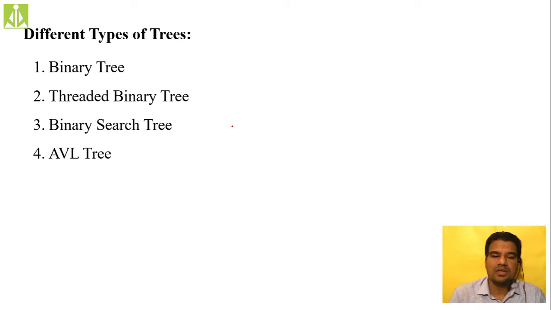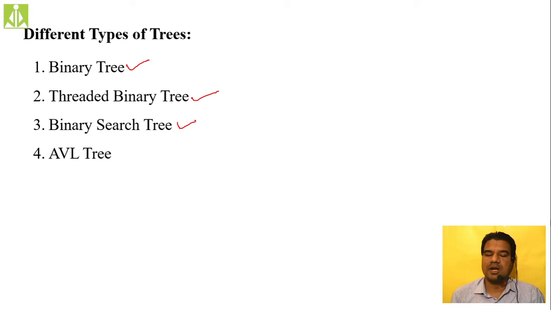Yes, we have different types of trees: the first one, binary tree, then threaded binary tree, then binary search tree and AVL tree. So in today's class, hopefully we deal with binary trees. Then in tomorrow's class, threaded binary tree and binary search tree.